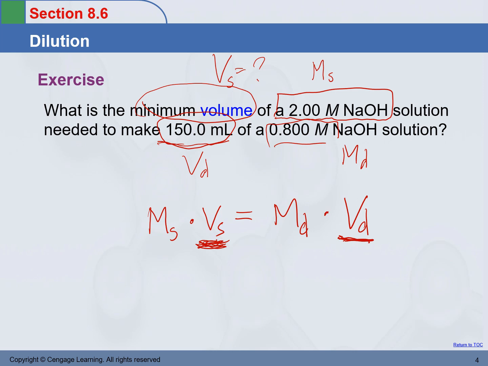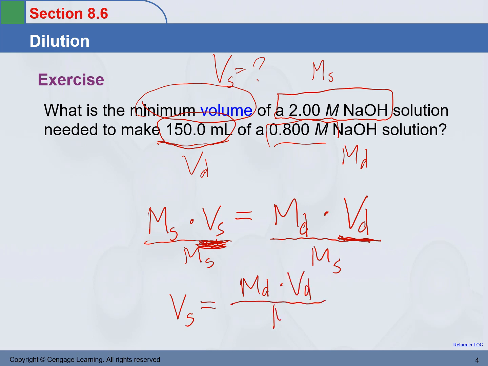Okay. Now, we will divide both sides by Ms so that we can isolate Vs. So now it becomes Vs equals Md times Vd divided by Ms. Put the numbers in. Md, the diluted molarity, 0.800, times Vd, 150.0 mL, keep in mind, divided by the molarity of the stock solution, 2.00, equals